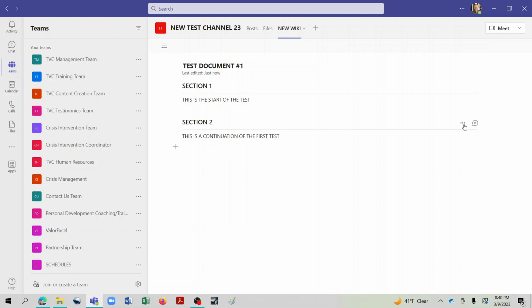Now what's nice as well is by clicking here, you have the ability to move sections. So there I just transposed them. And this is a really great way for people to work together to construct documentation or to put ideas together where you can add basically anything that you need and everyone is working together